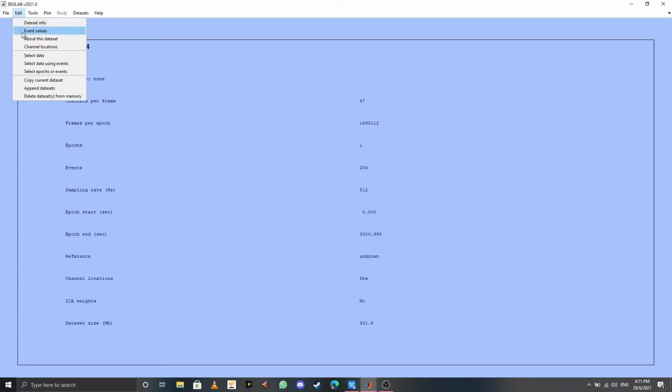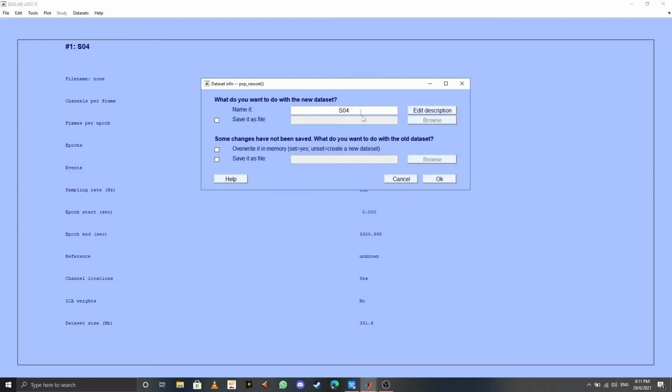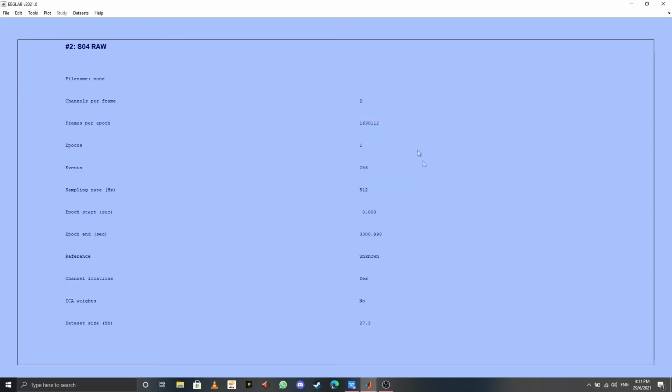So we go to Edit and Select Data because we just want our desired data, and put 11, 20 in the channel range. Click OK. We're going to name it S04 raw. See, the channels per frame is now changed to 2. Next, we are going to